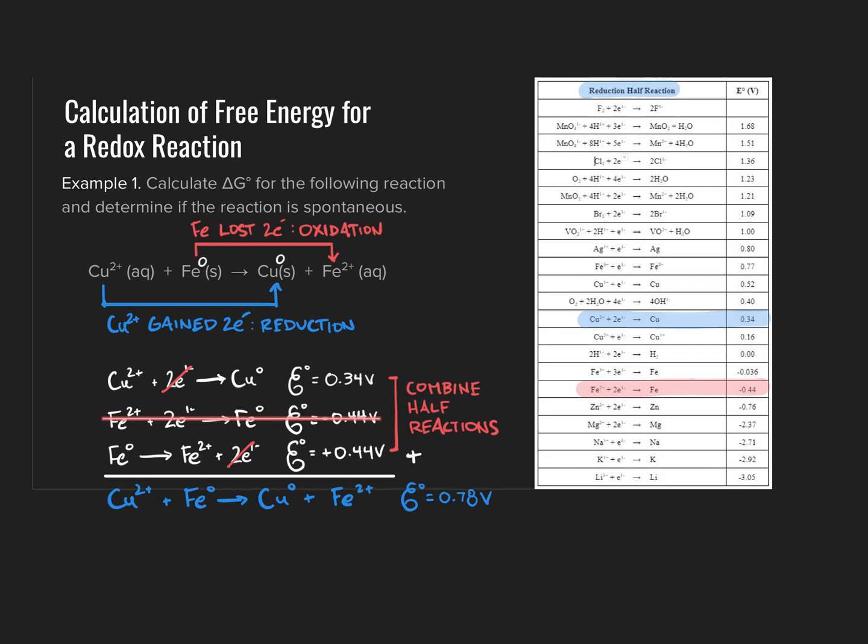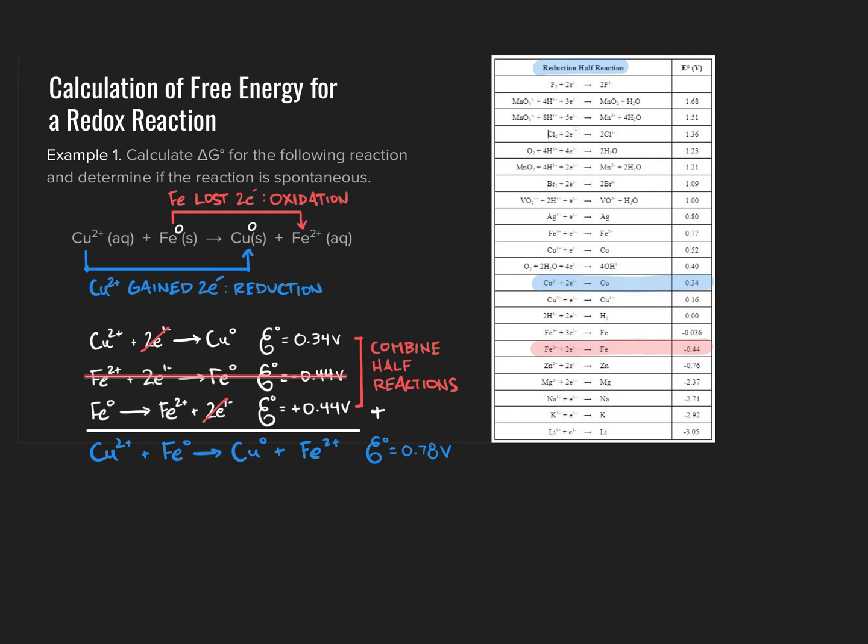And at this point, we now have enough information to calculate a value of the standard change in free energy. From the equation we derived on our previous slide, the standard change in free energy is defined as minus the moles of electrons transferred n times the constant of Faraday times the standard cell potential of a reaction, which for our particular process here would be minus 2 moles of electrons, as we are transferring 2 moles of electrons during the course of this overall reaction, times the constant of Faraday,